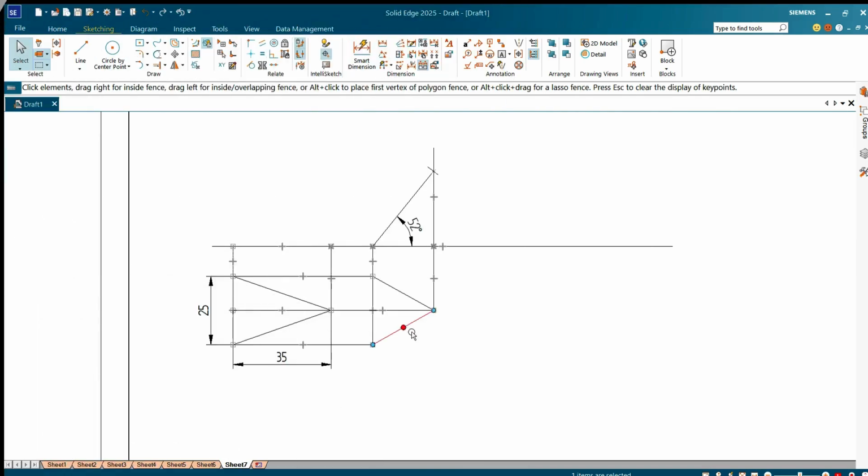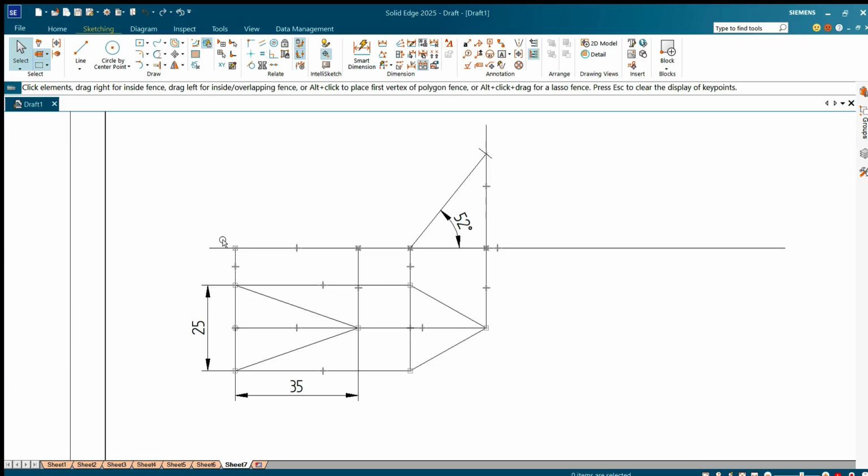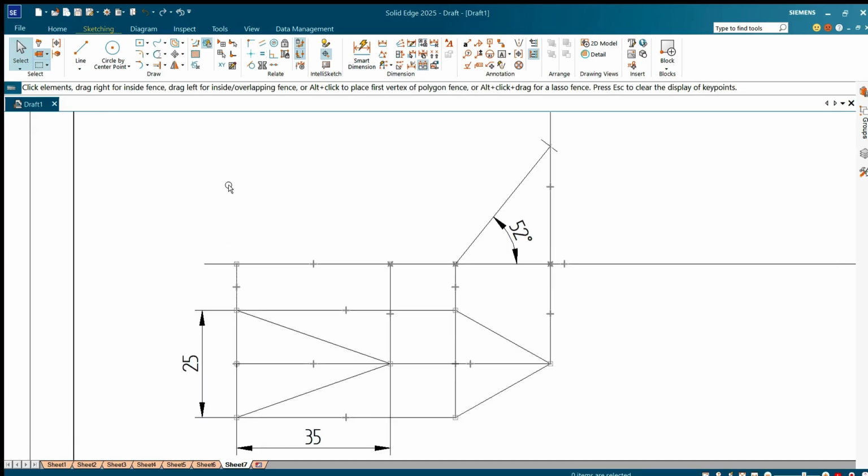Fine. We'll move on to the solve. Fine. So it's correct. I have to give namings. Fine. This much is enough. Then now what it says. So this angle will make 45 degree. Okay. So this angle is resting here and it makes 45 degree. So if I give like that,